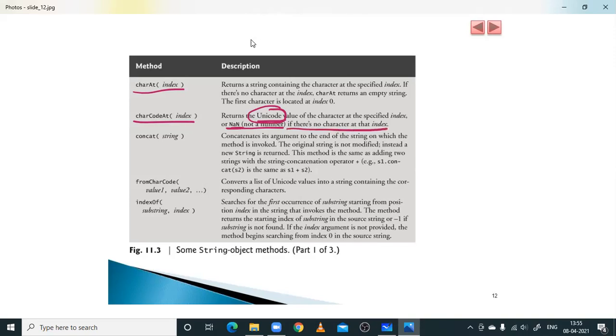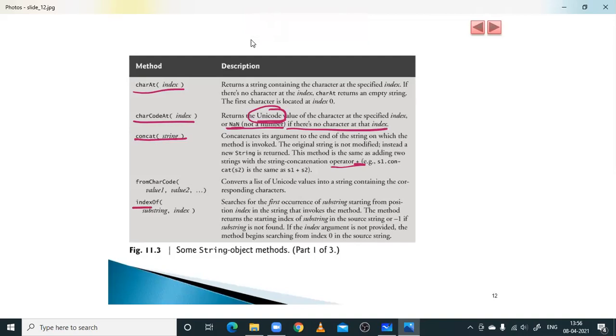Now the next one is string concat. Concatenation is possible in strings as part of JavaScript. Concatenation is nothing but clubbing two words, by using a plus operator. So this is what happens with this.